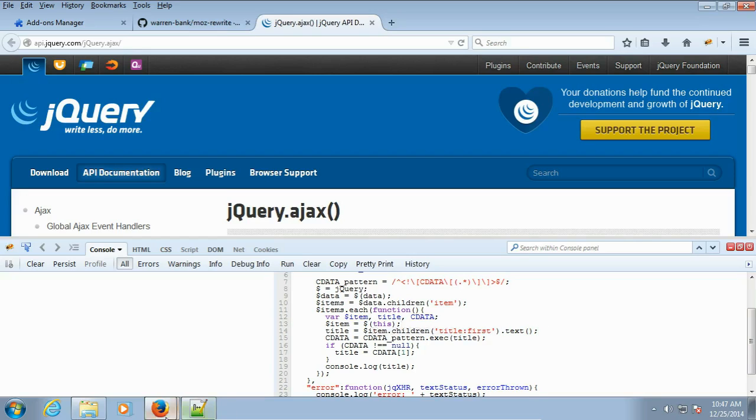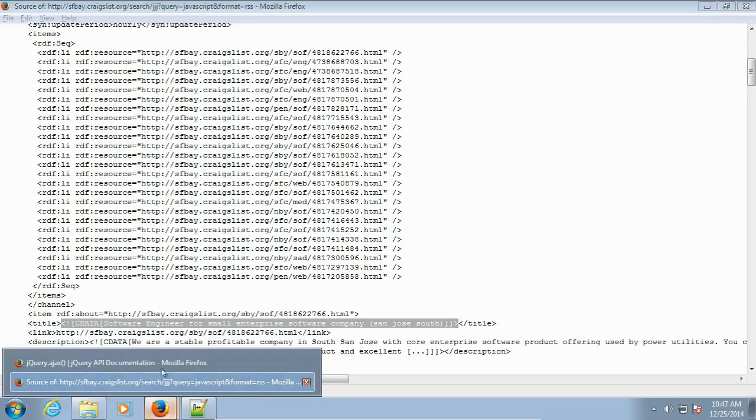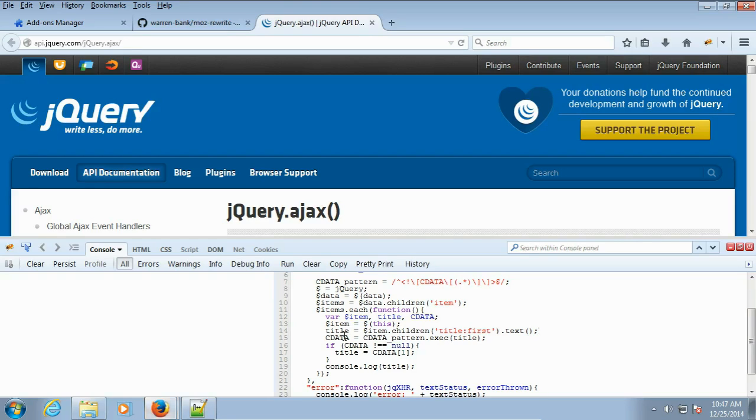So that text is going to be this entire thing right here, including the CDATA. And so we use that CDATA pattern,